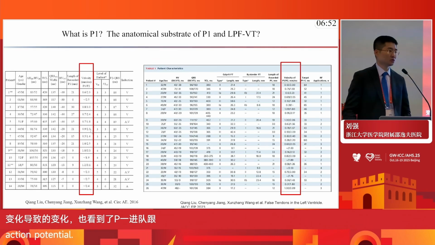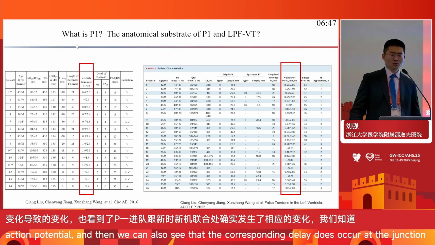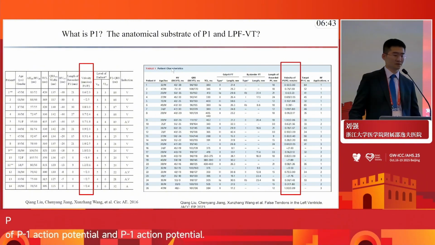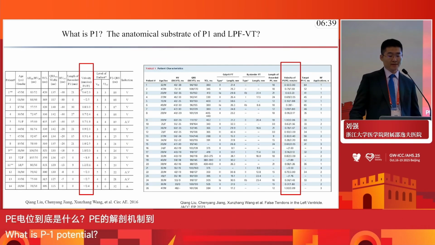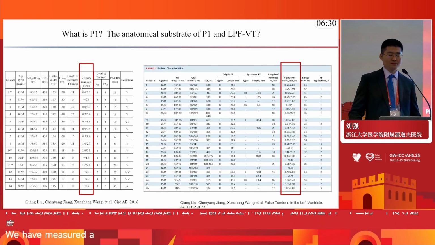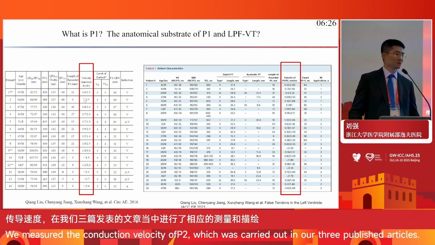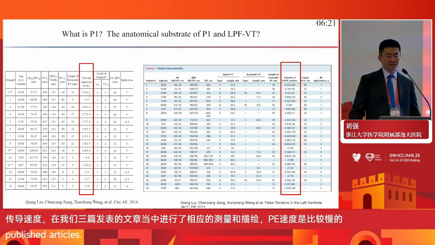Now we know P1 is a critical potential in the reentry circuit, but what is P1? The anatomical substrate, we don't know so far. We calculated and measured the P1 and P2 velocity in our three published studies. We can see the P1 velocity is very slow, similar to the ventricular myocardium conduction velocity, and the P2 is similar to the